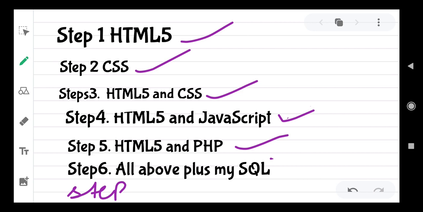If you want to practice on localhost, try WAMP server. So I will recommend you a book like Head First MySQL by O'Reilly. ठीक है, and the next step is 7, which is